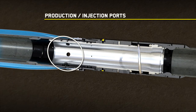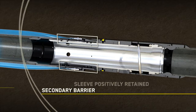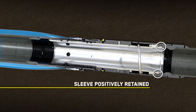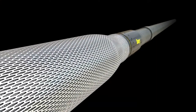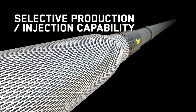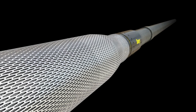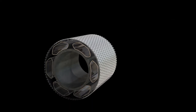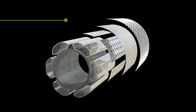A secondary activation pressure barrier is now in place, and the sleeve is positively retained in place. The Endurance Hydraulic Screen Series is also available with capability for selective production or injection, inflow control and shut-off by mechanical means. With the screen activated, hydrocarbons are produced through the various layer sequences, through the protective shroud which is